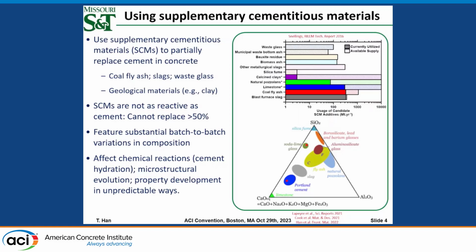So we won't get consistent concrete properties if we make concrete with, for example, fly ash. So we want to develop models that can predict the properties of concrete made with industrial waste, so that we can adjust the mixture design in advance and get qualified concrete that can satisfy the